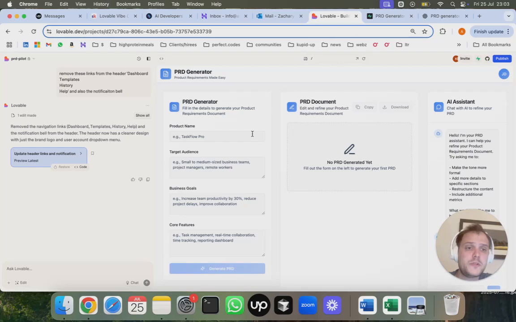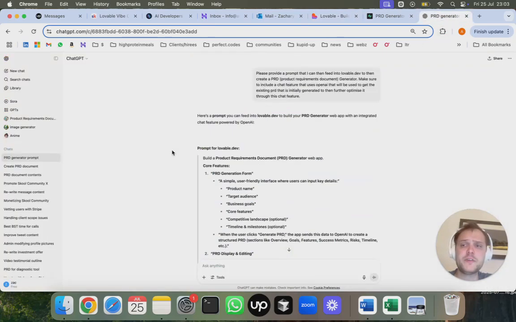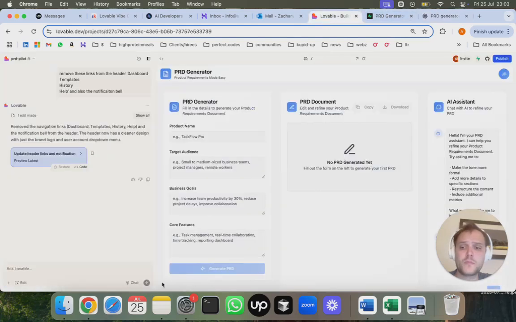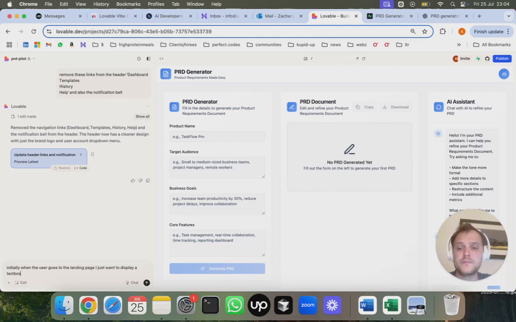It's not exactly what I want. I'd rather just have a chat feature like OpenAI, keep it very simple. Now, initially, when the user goes to the landing page, I just want to display a chat feature, or not even a chat feature, just a text box